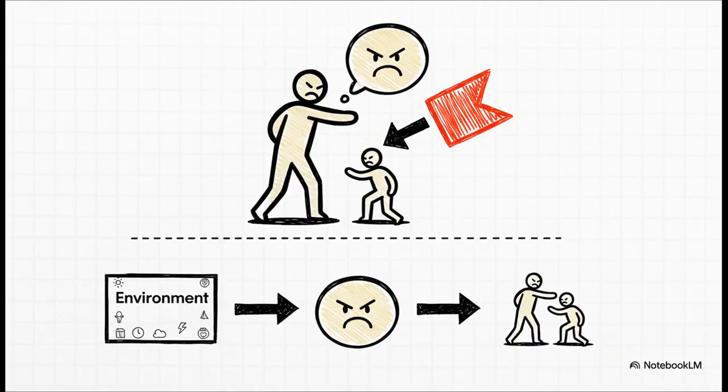Now listen up, because this is the number one way people get tripped up on the exam. They will try to bait you with an answer that says a private event caused a public behavior, like he hit because he was angry. That word because should set off giant alarm bells in your head. That's a mentalistic explanation, and it's wrong from our perspective. The correct view is that the anger and the hitting are two different behaviors, and they're both influenced by what's going on in the environment. Do not pick the mentalism.